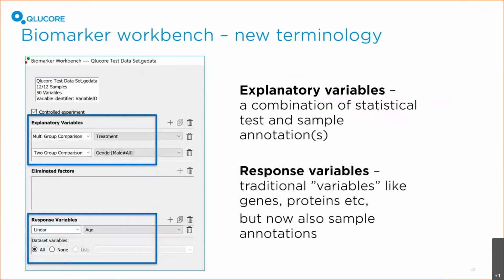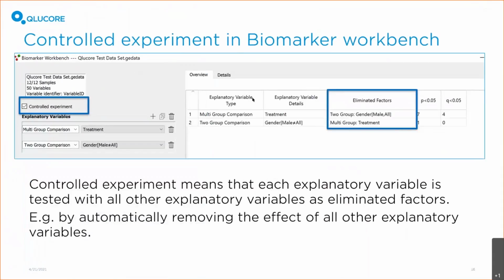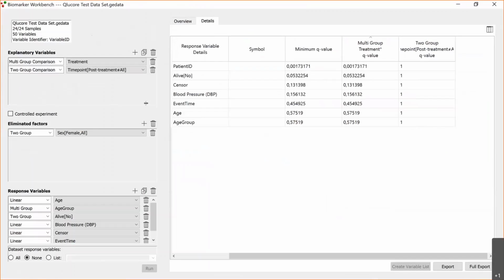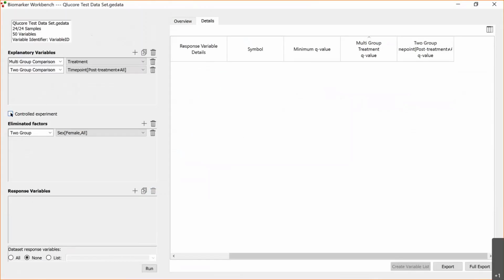So let's see, next slide. And then we have something called controlled experiment. Let's just kill these for the moment. Before I click controlled experiment, I add, let's say, age here again. If I click controlled experiment here, that means that I now test each of these annotations and at the same time eliminate the effect of the other ones. So when I click run here now,